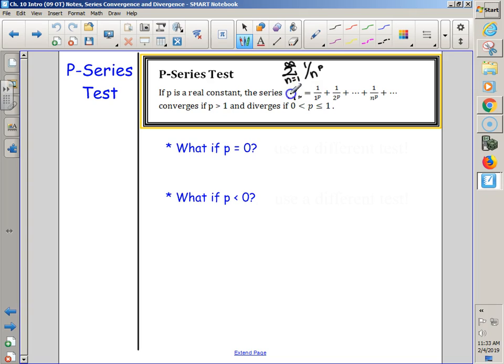If p is a real constant, the series from 1 to infinity of 1 over n to the p